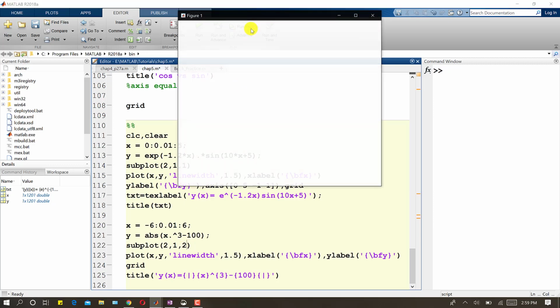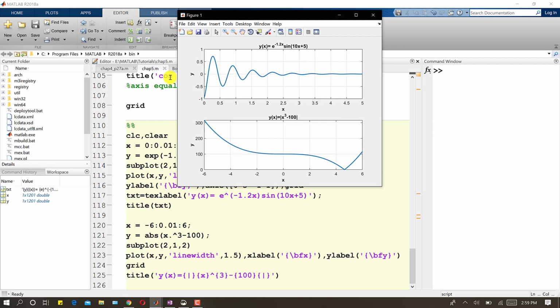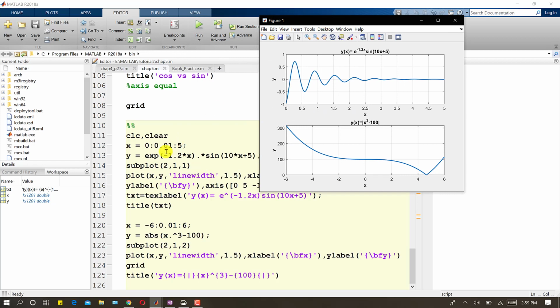If I run this, we can see this is a 2 cross 1 array, 2 rows and 1 column. By using this subplot, we told MATLAB that I want to print this one as the first subplot in this figure.